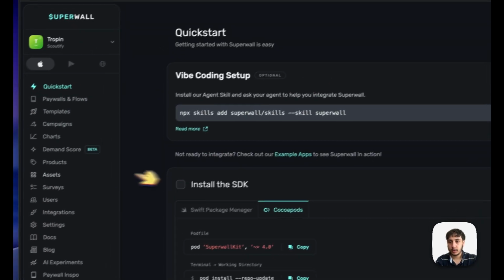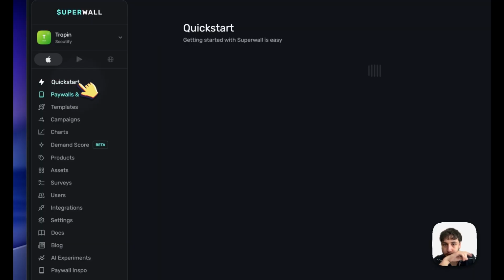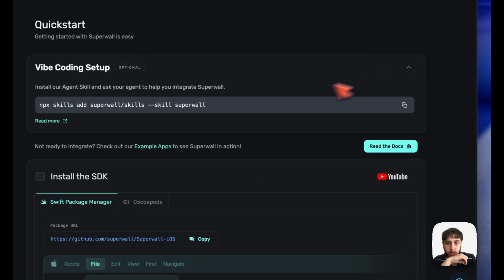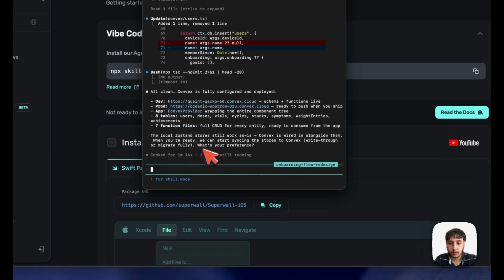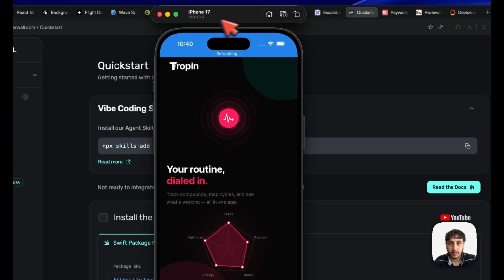So for our paywalls, I first need to integrate Superwall. So what we're going to do first is I'm just going to quickly give the skills to Claude Code. By the way, I haven't mentioned already, but the way I was able to prototype with the design quite fast